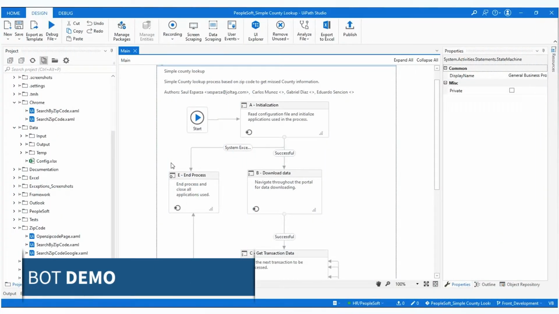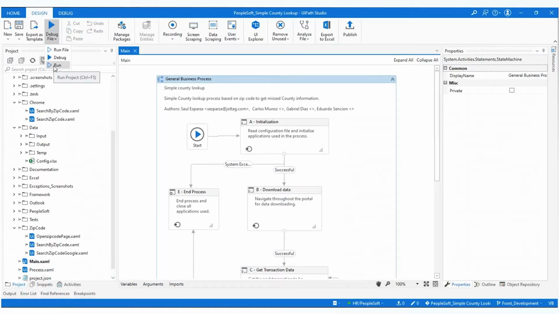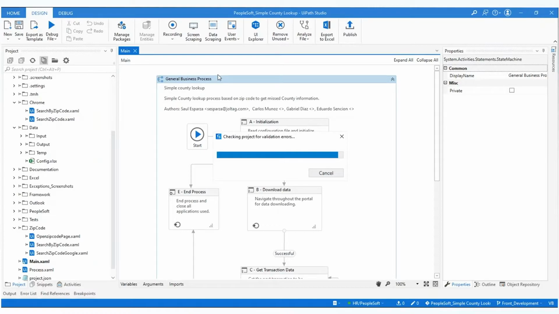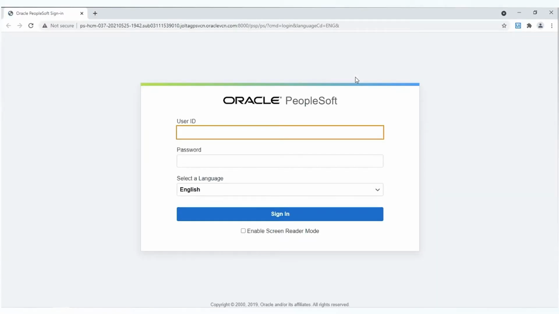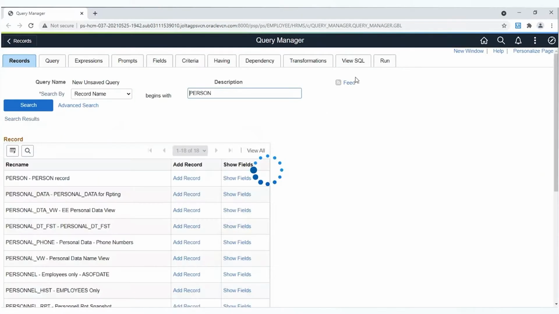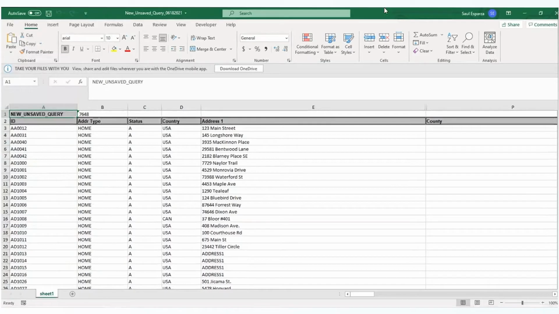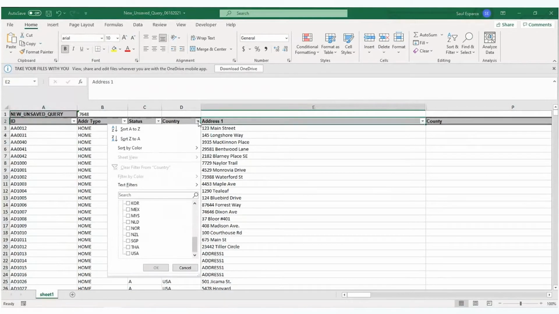For this demonstration, we've run this bot in debug mode and chose a smaller subset of data to pull up on the front end for visualization purposes. If this process is run for an actual large data validation project, the bot could be configured to run unattended on the back end and send the validated file to the human after completing the process. As you can see, the bot logs into PeopleSoft, the source system, navigates to the reporting section, filters the report needed, downloads the file in Excel, and then filters the county column to identify the blanks,